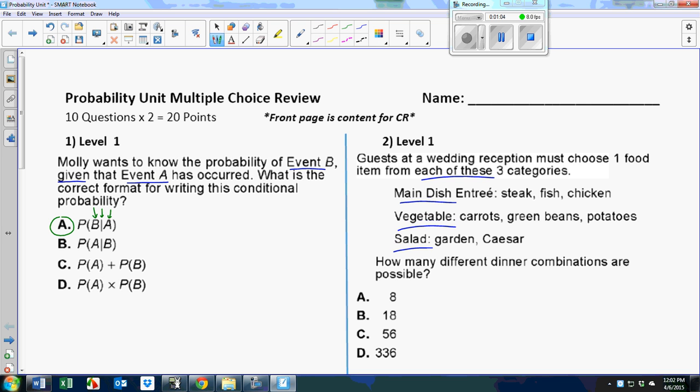Well, you've got three main dishes, one, two, and two salads. So choose a dish, right, steak. Choose a vegetable. Choose a salad. But each of those were events. And the fundamental counting principle says the way you can choose all three of them together will be 3 times 3 times 2,